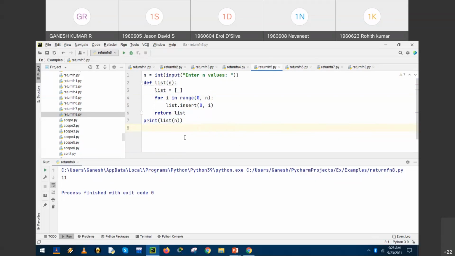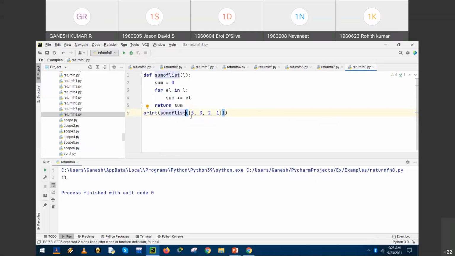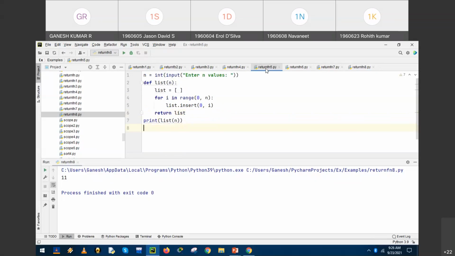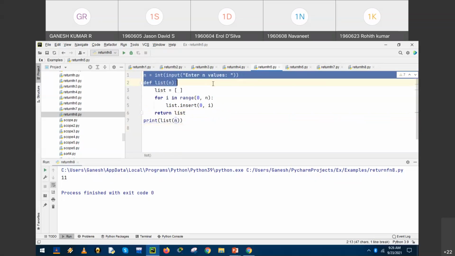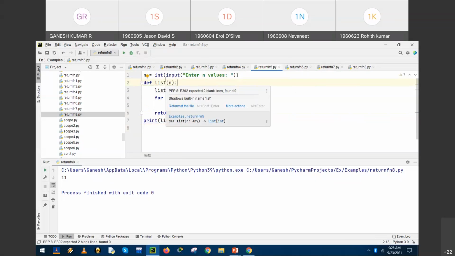So just go through the snippet. Here, in the previous program, static inputs were provided, whereas in this case we have provided the input at runtime. n is equal to int(input()) for n values.